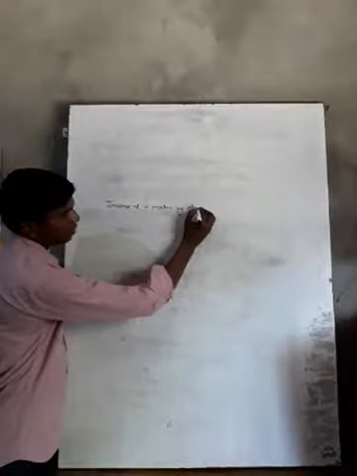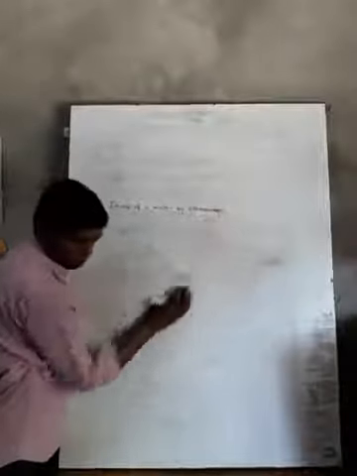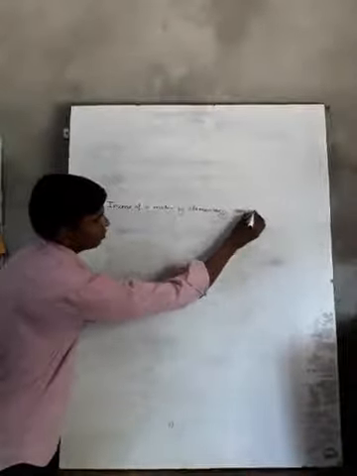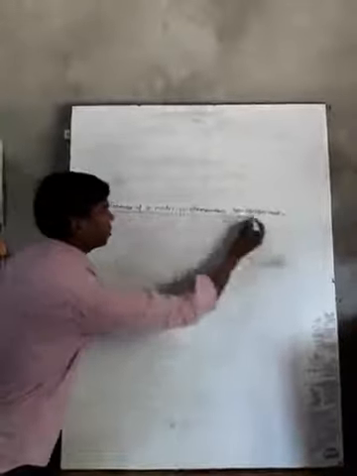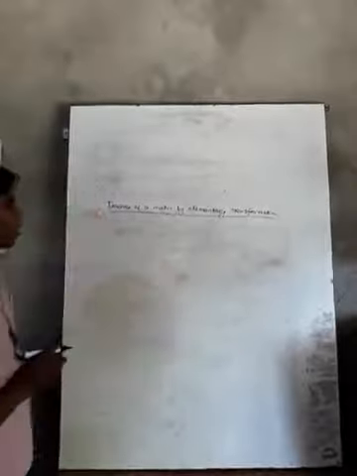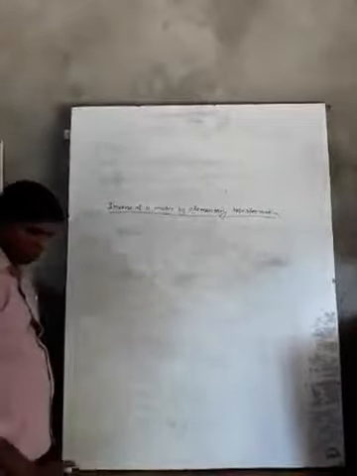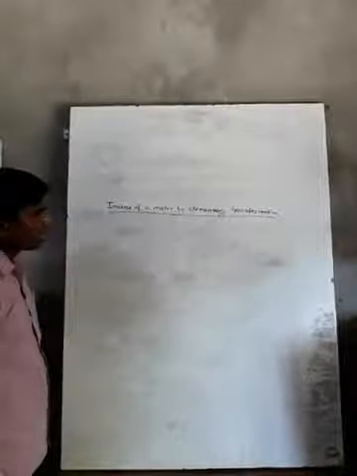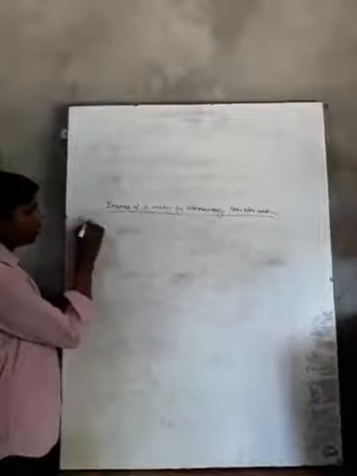By elementary transformation and the elementary operation, both you can say. By elementary transformation we will find the inverse of any matrix. So look here what is the process, how we can find that process. I will explain one of the order 2 and one of the order 3. Example number 23 is given.